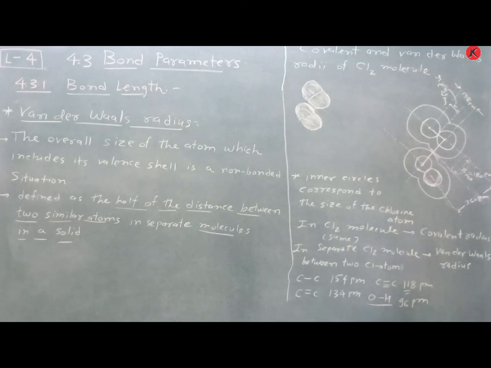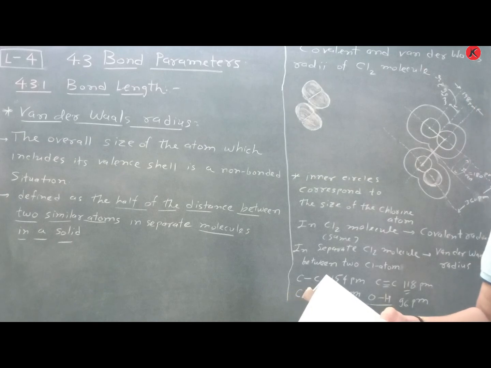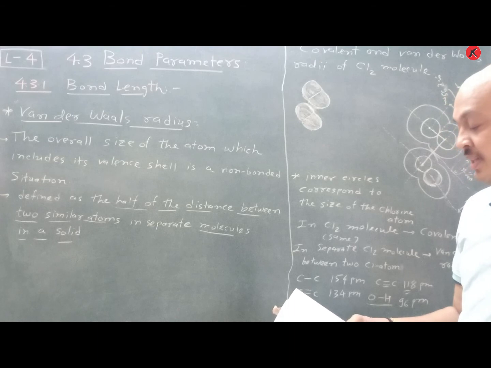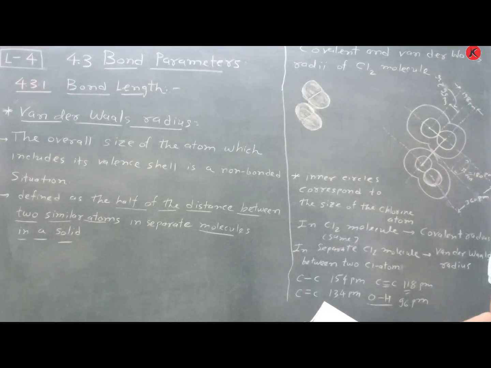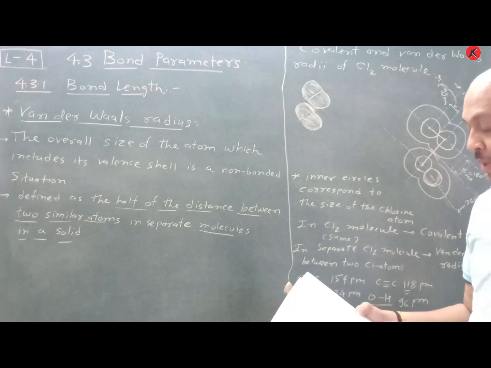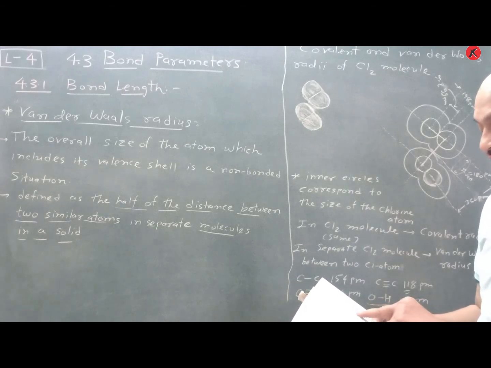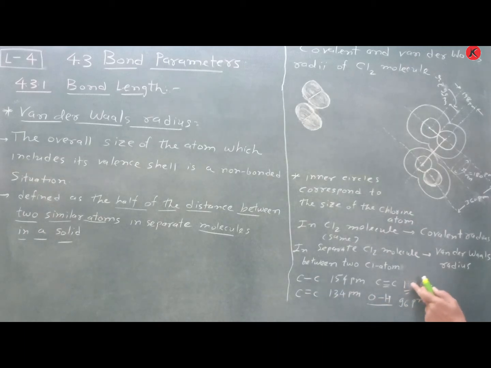So 96 picometer is there, and here C single bond H is 107 picometer, N single bond O is 136 picometer, C single bond O is 143 picometer, C single bond N is 143 picometer, C double bond O is 121 picometer. Do not remember these values; they may be given in examples. C triple bond N is considered 116 picometer. C triple bond C is 120. Okay, not 180, but here in your book it is written 120 picometer. So don't bother, you have to remember this one.